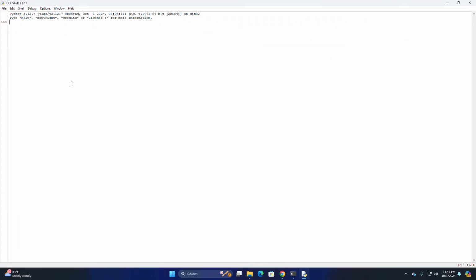Okay, this is the Python IDLE shell. Write a simple script that will display in the Python shell. That's it. And also you can create a new file